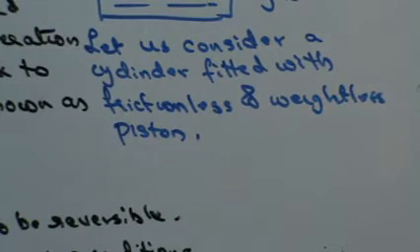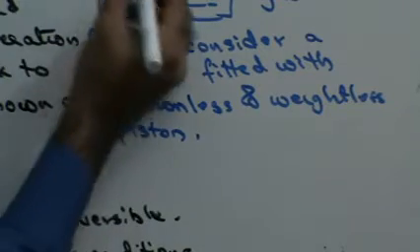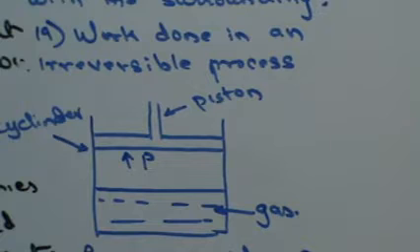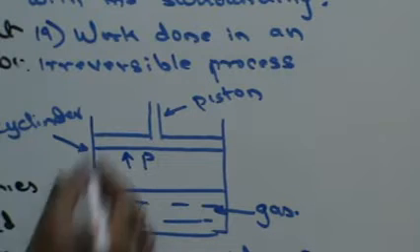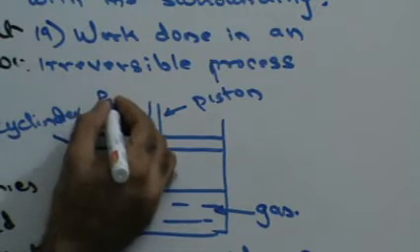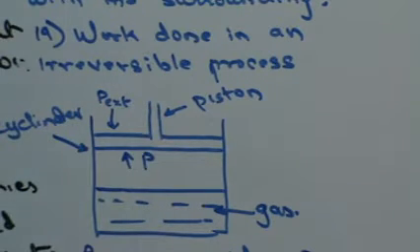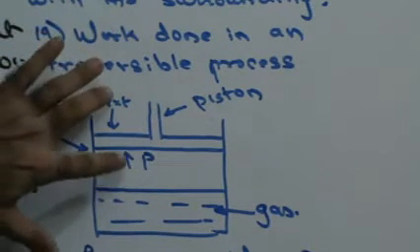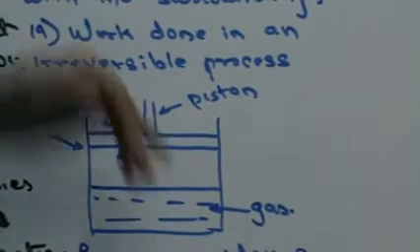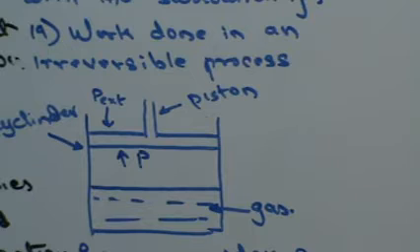Right? Now, let P be the pressure that is applied by the gas molecules on the piston, and since the piston is at rest, let's assume that the pressure applied by the atmosphere on the piston is P external. There are two forces that are going to be applied on the piston. The external atmosphere is going to exert some inward pressure onto the piston. The gas is going to exert some outward pressure on the piston.